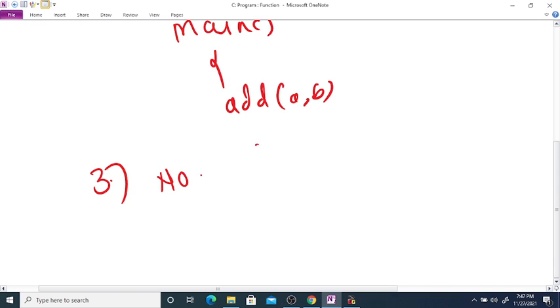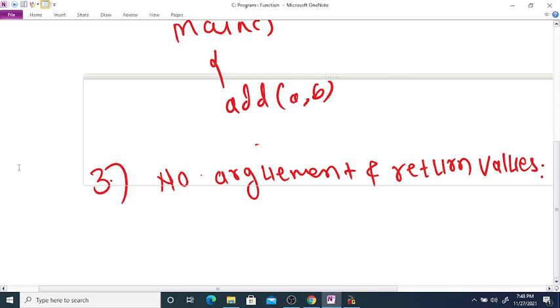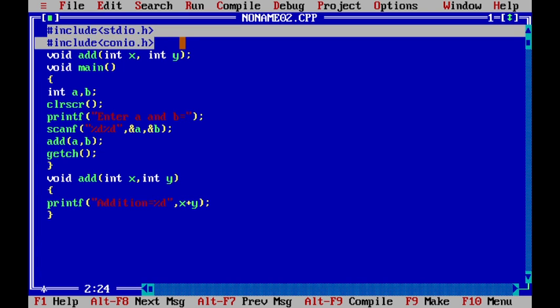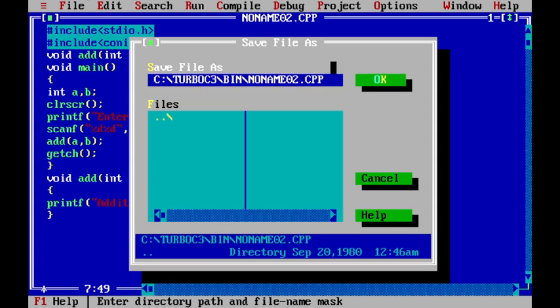From the main function we are not going to pass any argument, but the function returns the value. So I am going to save this program, copy this, file save, this is F2.